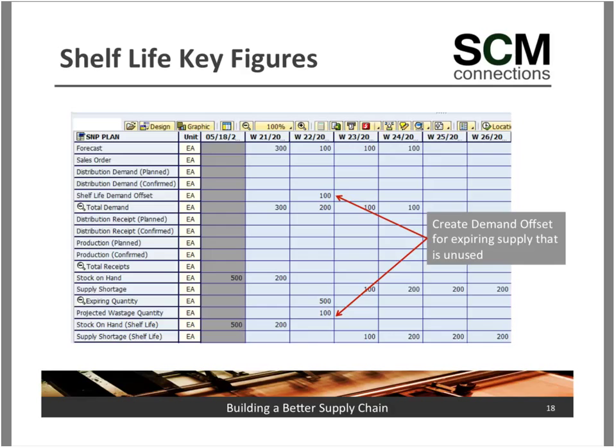So through macros and additional key figures, you need to adjust your macros to also include the short-dated demand as a part of your total demand, so that as you run heuristics, it will be considered as a part of your planning process. And again, if you need help with macros,